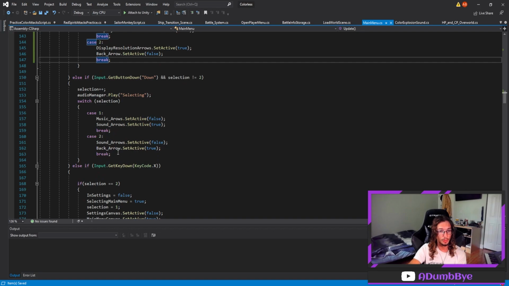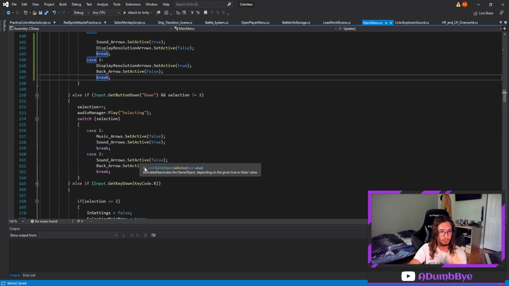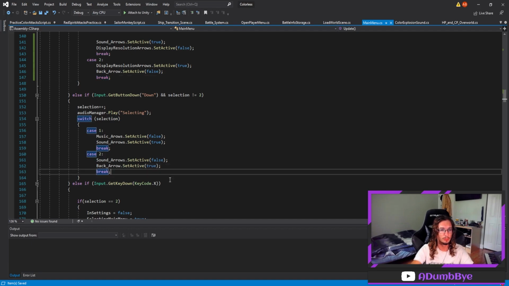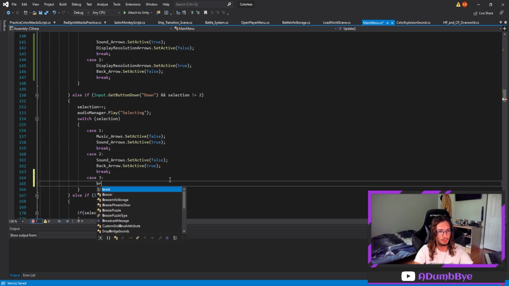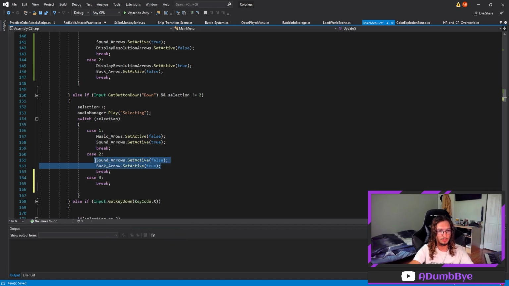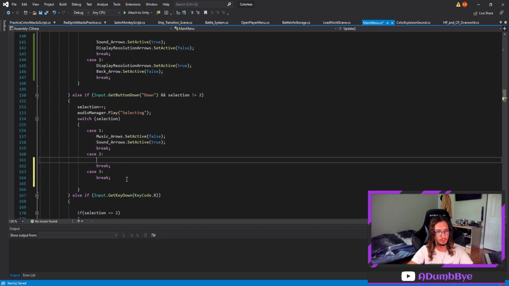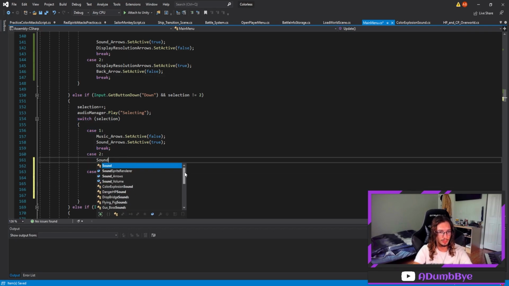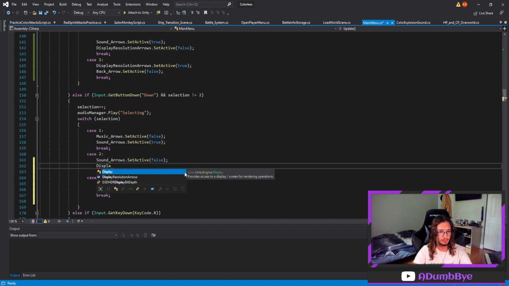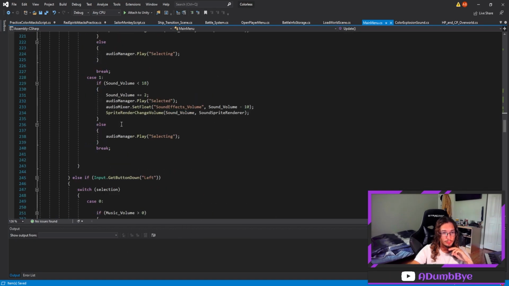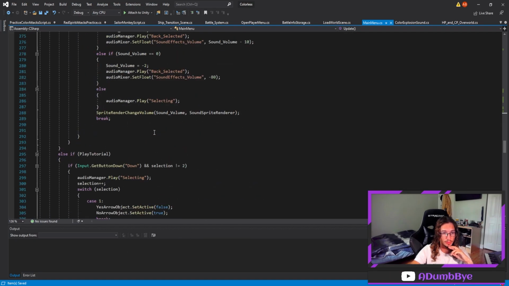Now we got to look at when we're going down. There's now going to be case 1, 2, and 3. So we need a case 3, and then we break. And rather than doing this here, this needs to be done here. And now this would be sound arrows dot set active to false. Display resolution arrow dot set active to true. Input right if we are in case 1 and 2. Input left on case